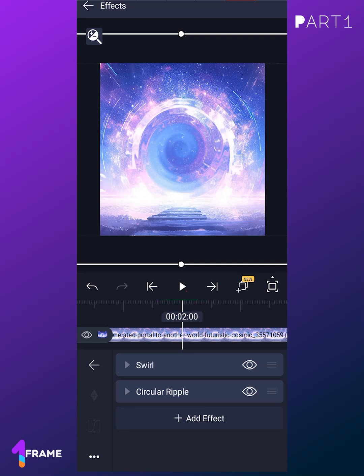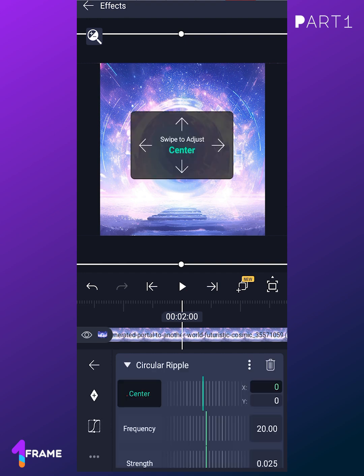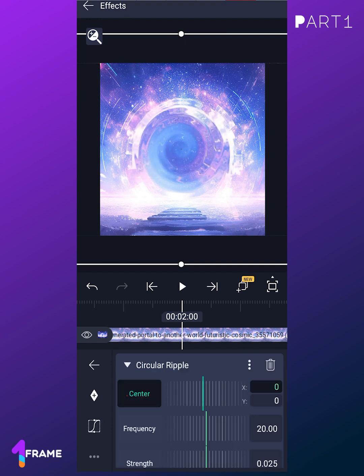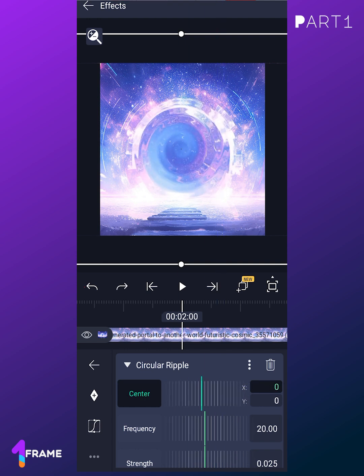So if you look closely, you can see that it gives you this circular, just like what it says, the circular ripple effect. So now let's open the effects and play around with it. You can see the center value also moves it, but we don't want to mess with this. Maybe down the line there's a video you are creating where moving this works for you, but